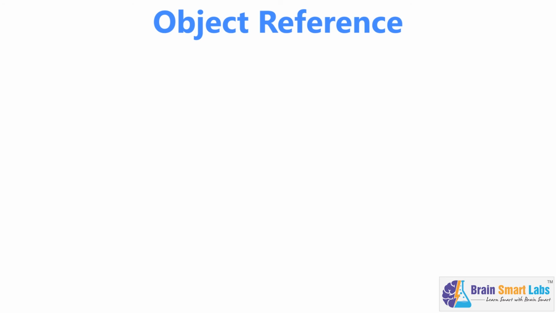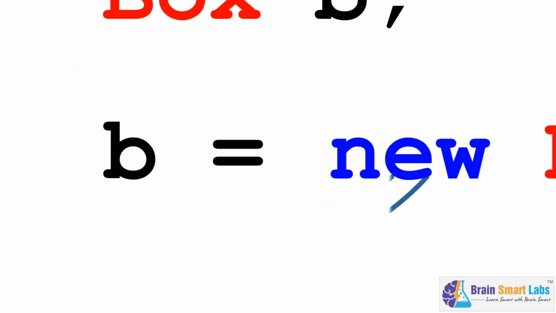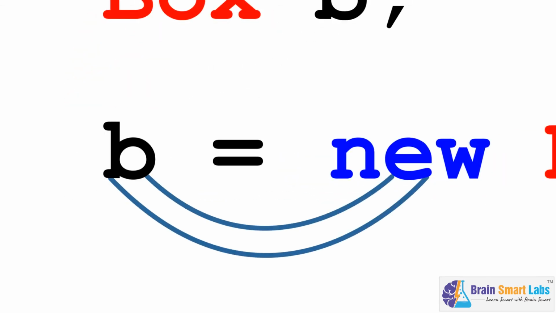Object reference in Java is just a plain address which moves from RHS to LHS after the creation of an object. In a program, if we declare variable b of type Box and then write the code b = new Box, the new Box code triggers the JVM to create a new object of type Box inside our heap memory. Many people think that when this happens, the object itself will move from the right hand side towards the left hand side.